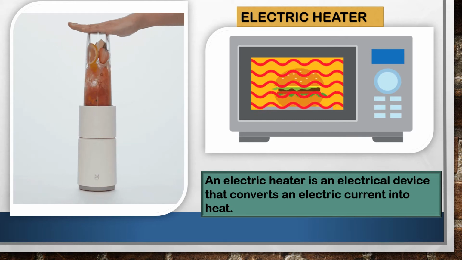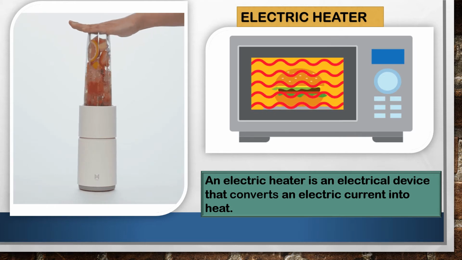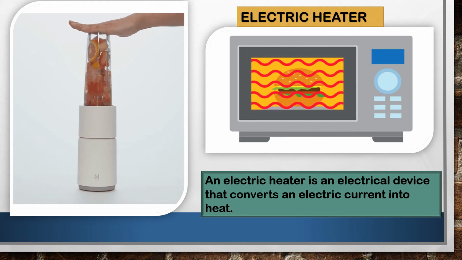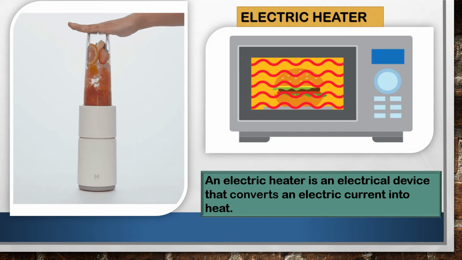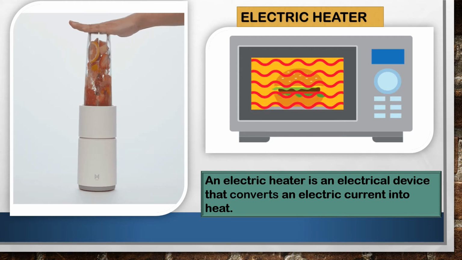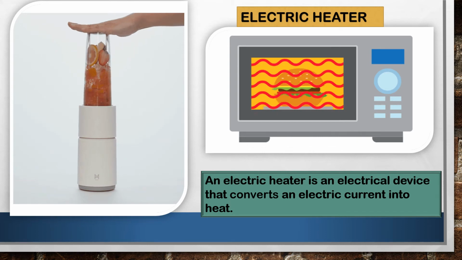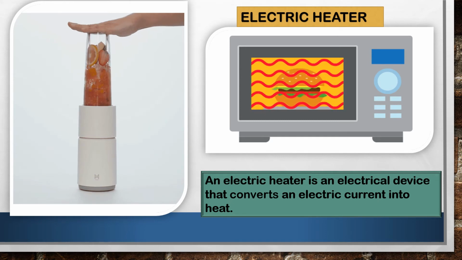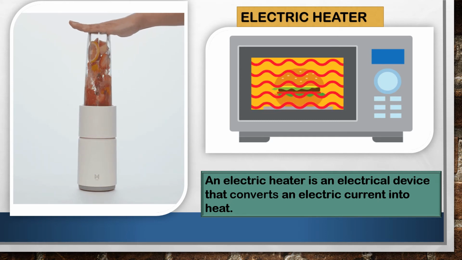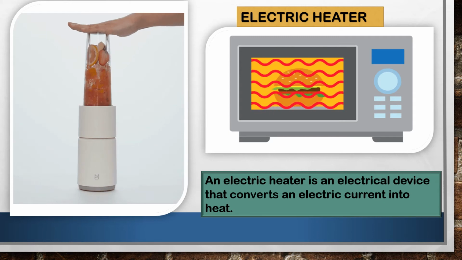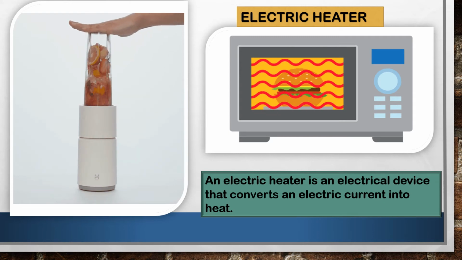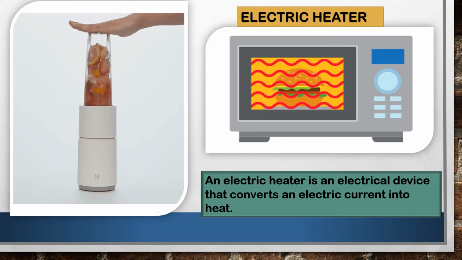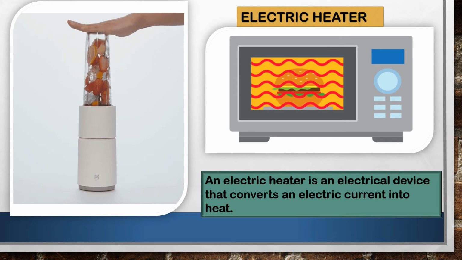Generally, in our daily life, we see a microwave, where the electric heater mechanism is basically used. You can see this microwave, where a wave is passing, and there also the same electric heater mechanism has been applied. Next, another daily life example is the mixie or mixture. Here also the same mechanism of electric heater has been applied.